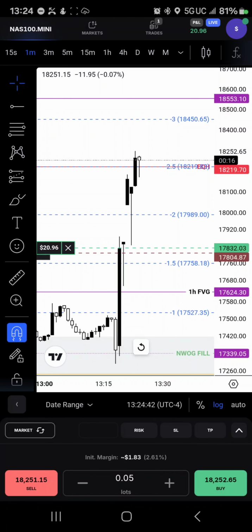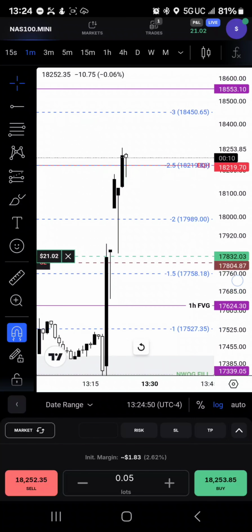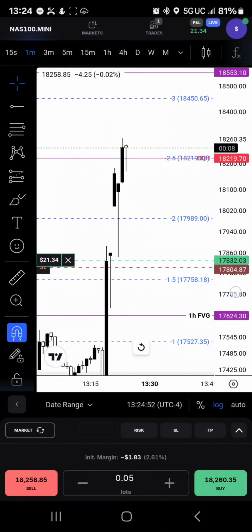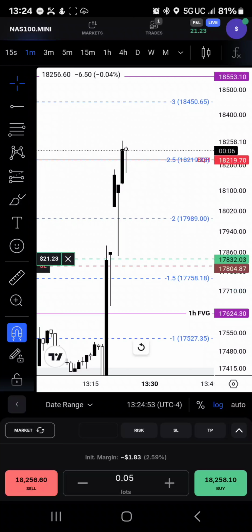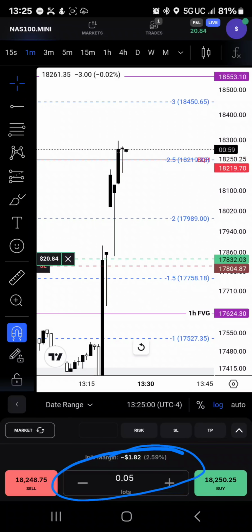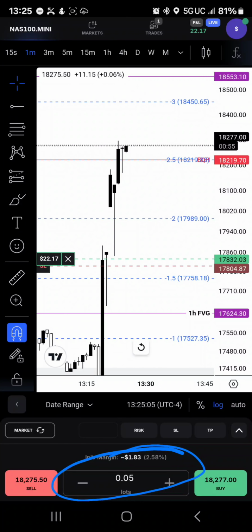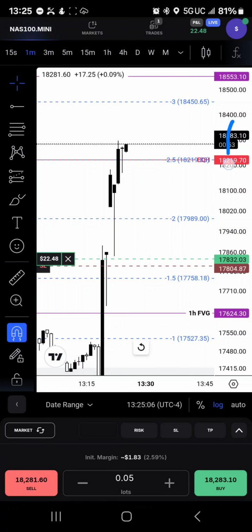Alright guys, here is another trade on the small Forex account. Just showing you guys what the potential is. So I entered this trade in at 50 cent. So if you look right here, that's my 50 cent lot size that I went into, and